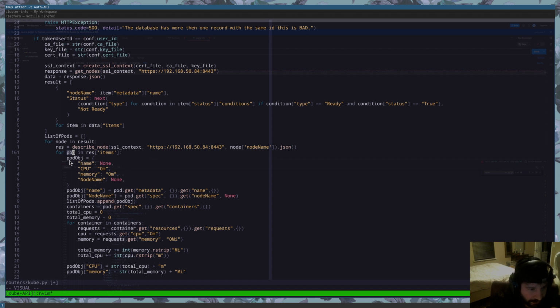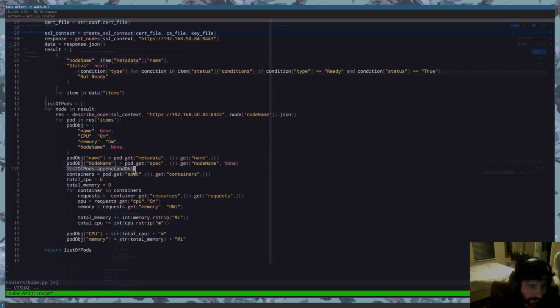After looping through it, we're going to create an empty object, a kind of dummy object to start out, and we're going to start filling up that data. So the pod name, and we're just going through there and getting the data bit by bit. We go into the metadata, we go into the name field of that thing, and we just set it to the value of our dummy object. We keep going down, we get the node name, and we append that to a